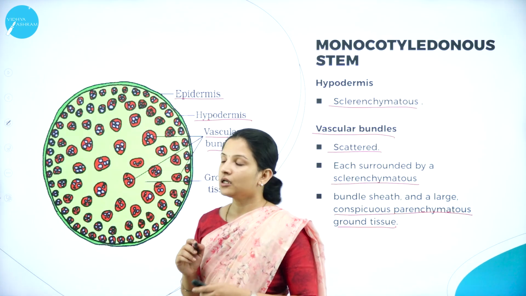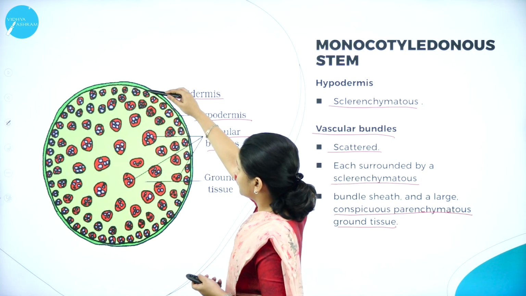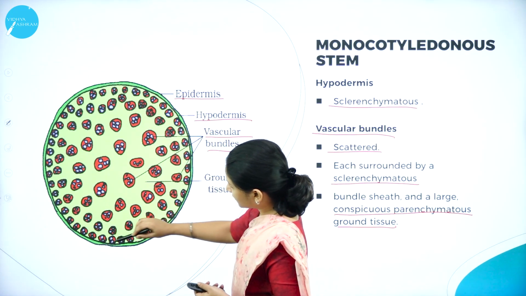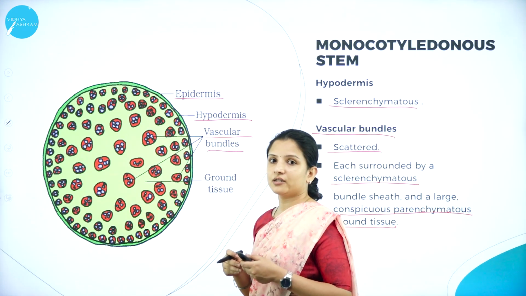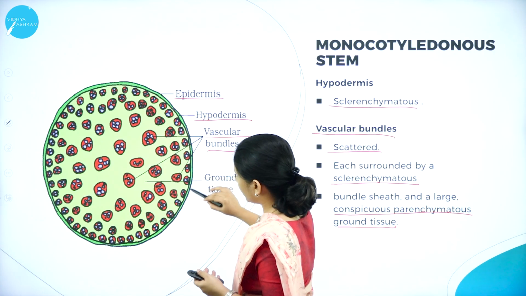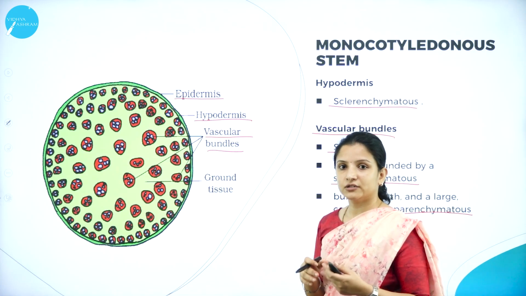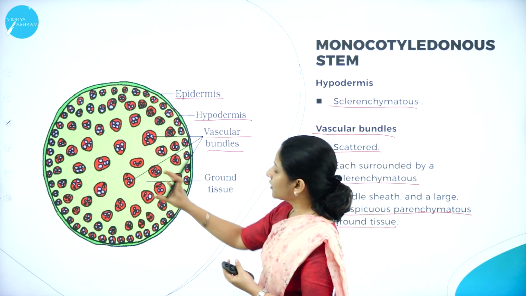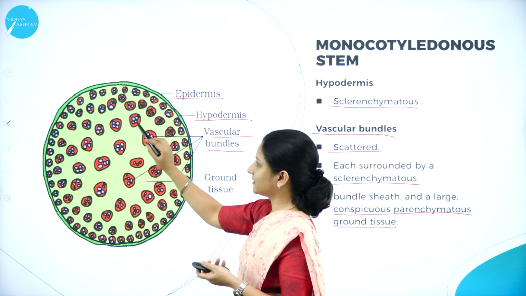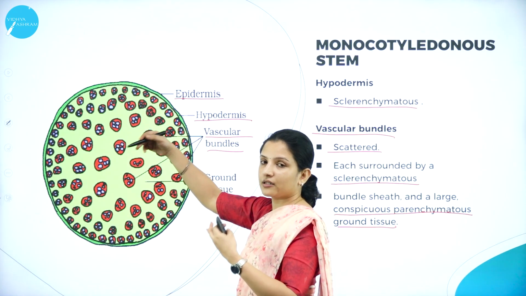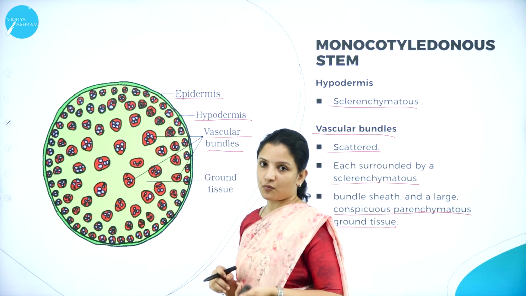So this is easily seen in this particular diagram. As you can see, this is the peripheral region. Those vascular bundles that are arranged towards the epidermis are the peripheral vascular bundles because they are present at the periphery, and those that are present at the center are the central vascular bundles. If you look, you can see that those vascular bundles that are arranged at the center are usually larger in size, and as the vascular bundle arrangement goes towards the periphery, the vascular bundles are very, very small in size.